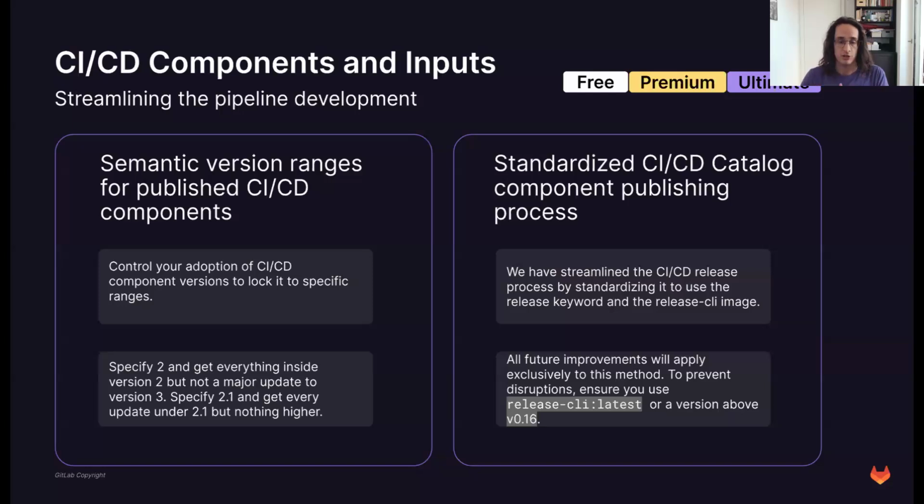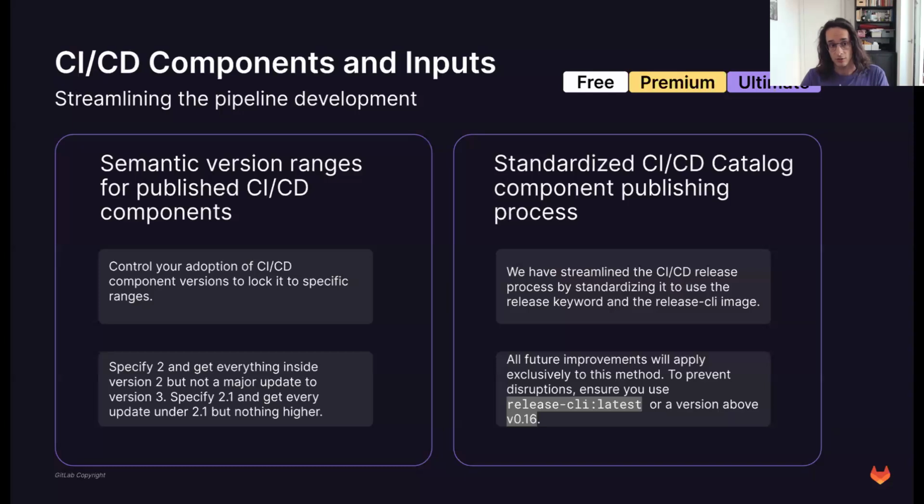It works really nicely. Just to relate it to something like Docker Hub, right? Where you reference, say, version 2 of a container, and not just Docker Hub, any Docker container registry. If there's a version 2.1 or 2.2.0, those will be pulled automatically. So you can really specify if you would go with major, minor, or patch version. You can do the same with components. And it's, again, a framework inside GitLab, and it's really, really easy to implement it this way.